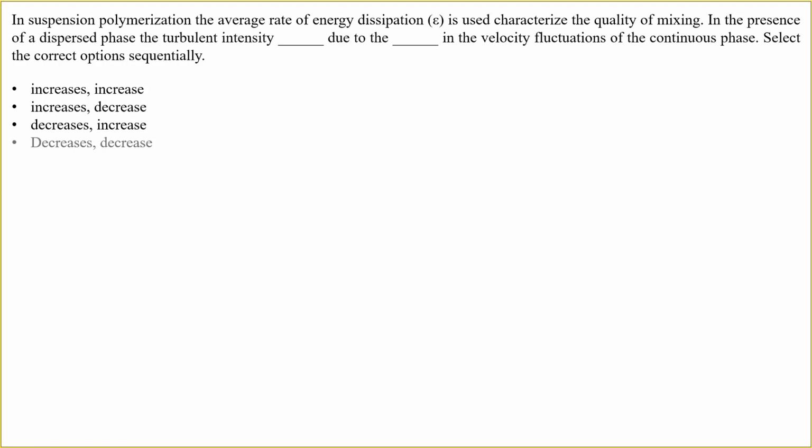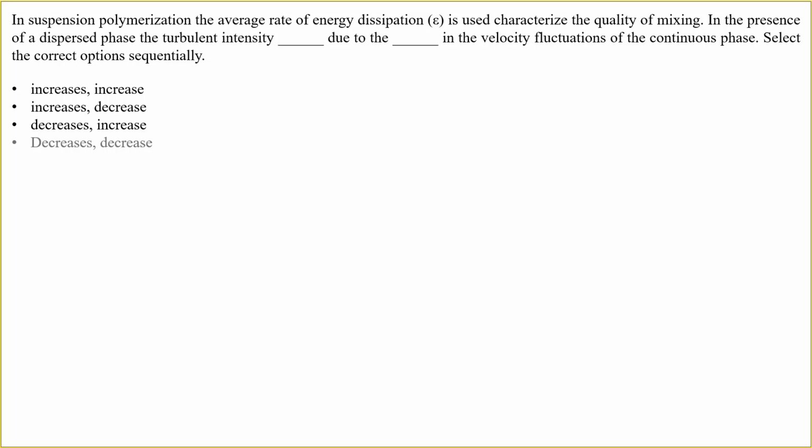In suspension polymerization, the average rate of energy dissipation, epsilon, is used to characterize the quality of mixing. In the presence of a dispersed phase, the turbulent intensity blank due to the blank in the velocity fluctuation of continuous phase. Select the correct option. So the mixing phenomena usually controls the particle size density. The better it is mixed, the higher and better particle size density will be forming. So in suspension polymerization, the rate of dissipation is characterized by the quality of mixing. So the presence of any dispersed phase